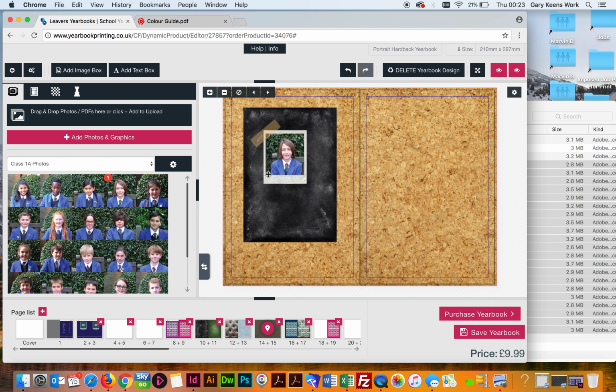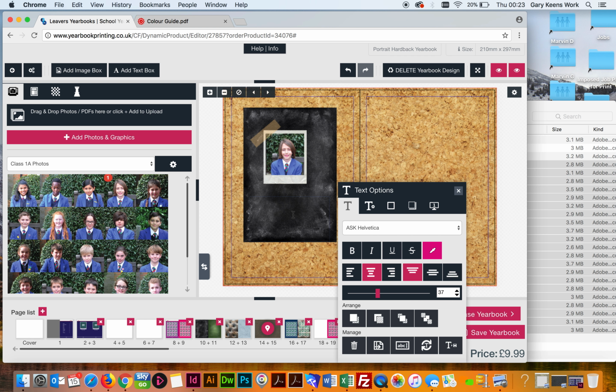Now I say that's quite funky, and I want to do this for a number of pages. I might want to add a text box. So we've got the image there. The text has come in with the default text for our system, which is, again, useful for us, but not so useful to use. So you might want to put your text in there. So if I call it